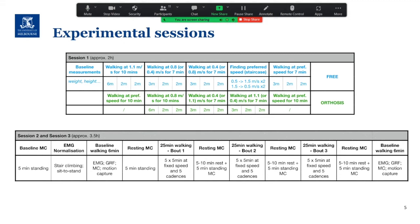They are both the same in terms of how they are run. We always start with a 5-minute baseline metabolic cost, so we can measure your fatigue at the beginning. Then we have stair climbing and sit to stand activity, which is used for normalizing EMG. We don't use maximum voluntary contraction. We then also have walking at preferred walking speed, which we measured in session 1. And this walking for 6 minutes is also, we have it at the end, so that we can compare the EMG and metabolic cost at the beginning and the end of the entire session